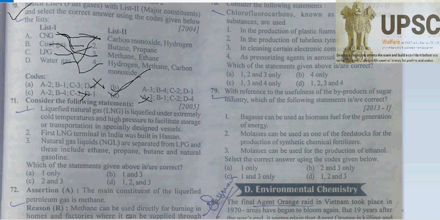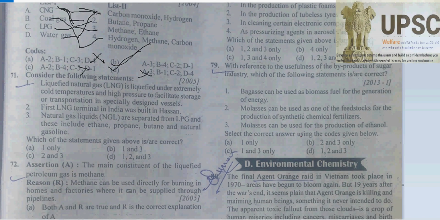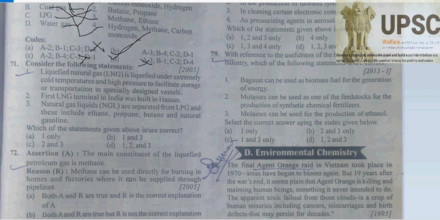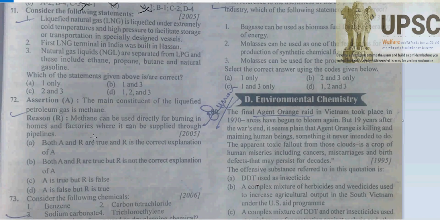LPG, that is, yes, abbreviated in the short form, liquefied petroleum gas. The major constituents of LPG are propane and butane. Yes, propane and butane. The water gas, the synthesis gas, contains carbon monoxide and hydrogen. But important, of course, especially from this, the concept is repeated 2 to 3 times. So that's why, of course, read carefully on that.